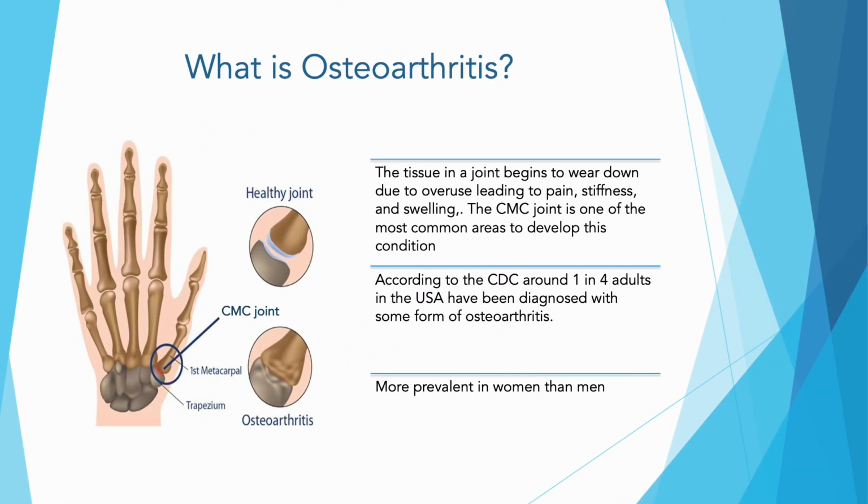Osteoarthritis is a degenerative disorder that typically occurs due to overuse and can affect many joints. Joints such as the CMC consist of two or more bones where the point of articulation is covered by a material called cartilage that allows for smooth, painless gliding. Over time, this material, along with the ends of the bones, will wear down and lead to pain, stiffness, and